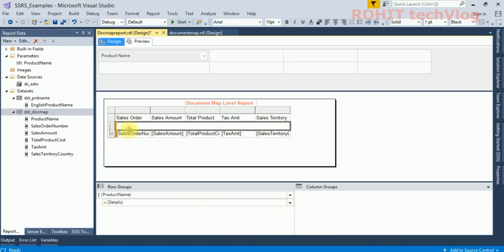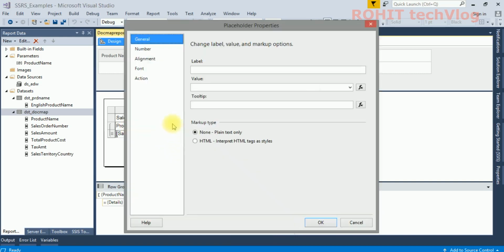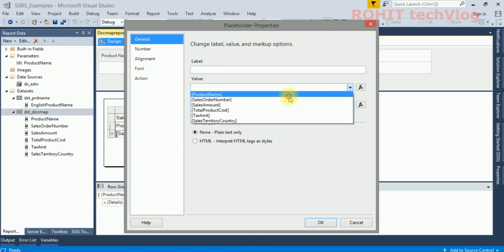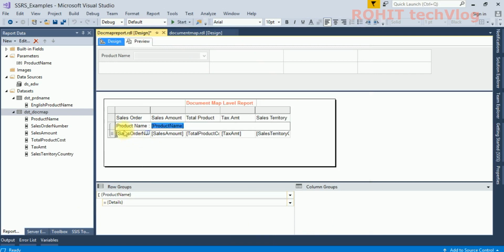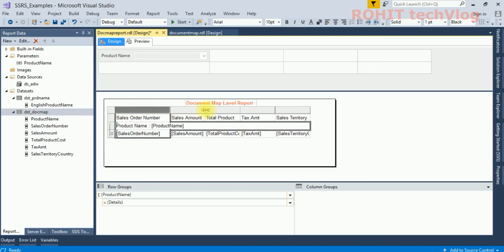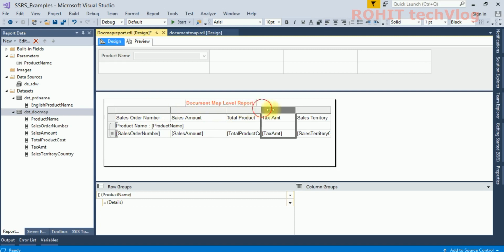Let me merge cells. Product name. Here I will add one placeholder, and the value will be product name. Let me do some formatting to this report so that it will look good in look and feel.